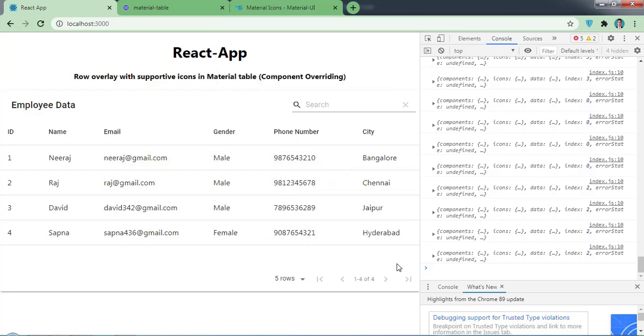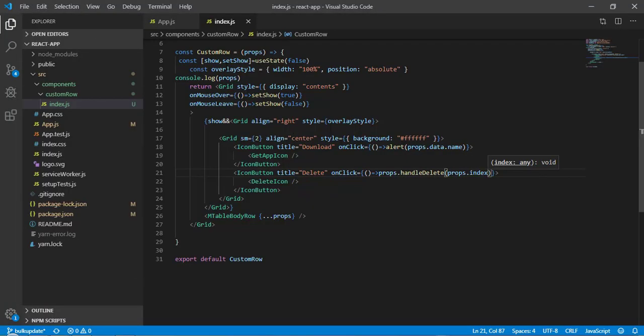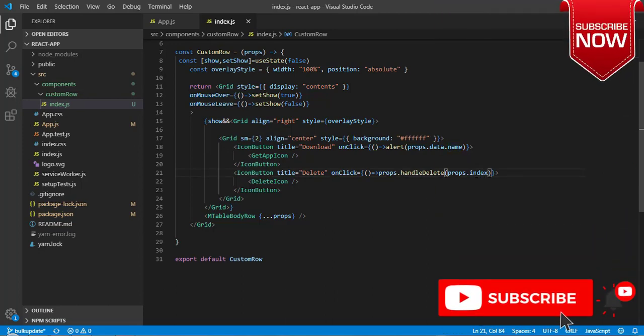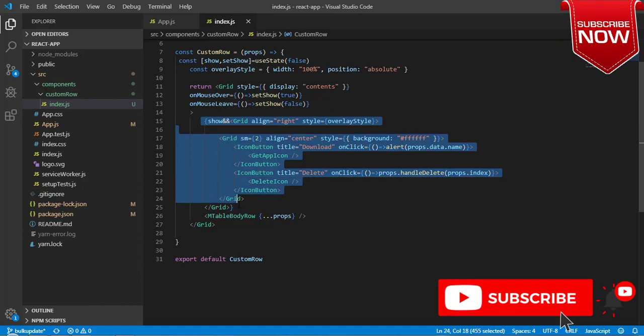Okay guys, so here let's remove this console log. Okay, and here we have seen how to deal with data, and if you want to call a parent function from this custom component, how to do that. Okay, and we have designed our overlay component and we have rendered successfully.